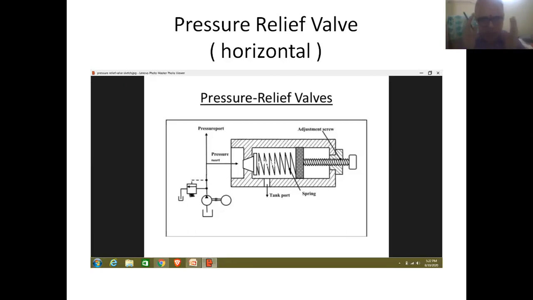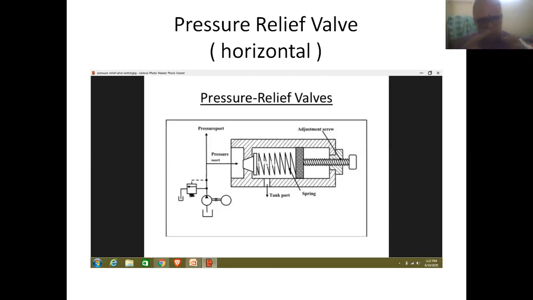So friends, under normal pressure limits, the pressure valve will remain in closed position, and under abnormal pressure conditions, automatically the pressure valve will be coming to open position, and it will be receiving the excess fluid that is present in the system, and it will be discharging the entire quantity of excess fluid back into the oil reservoir.